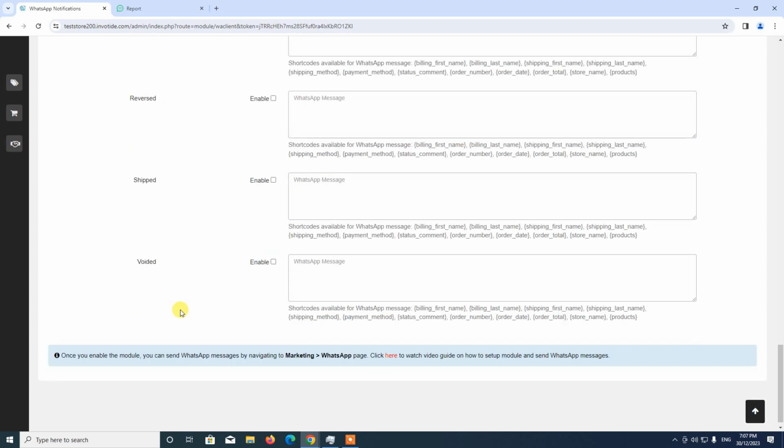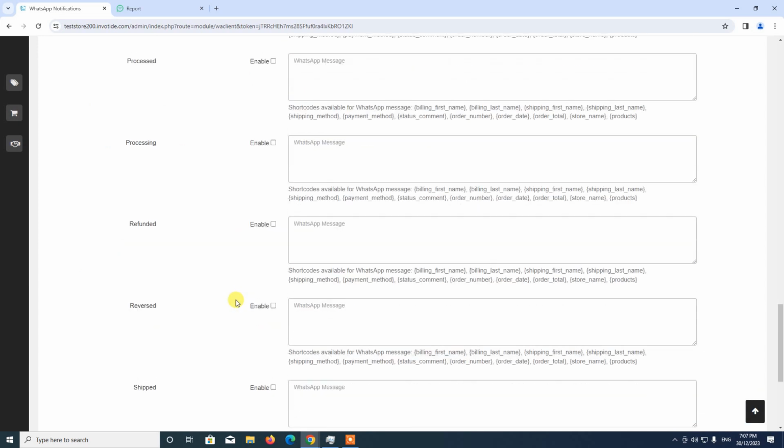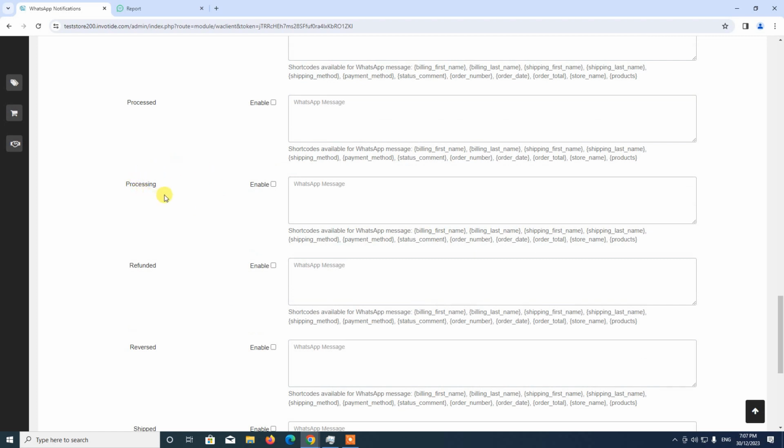processing, shipped. So let's say, for example, we want the customer to receive a WhatsApp notification when the customer's order has been updated to processing. So once we update the order status of an order to processing, any message we type here will be sent as a WhatsApp message to the customer. So for us to do this, we go ahead and tick the enable option here, and then we enter the